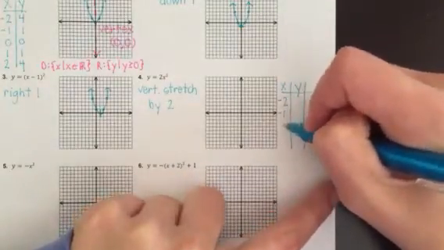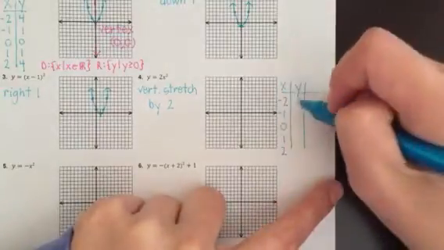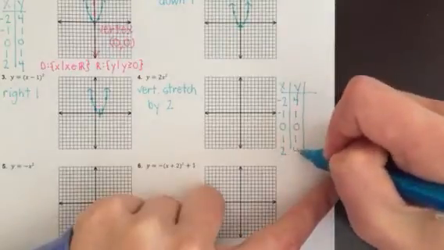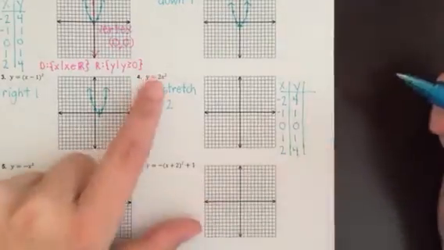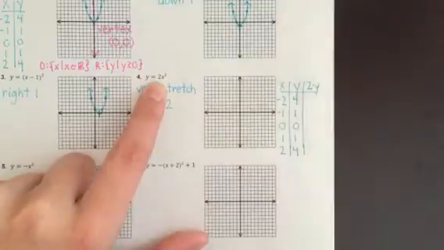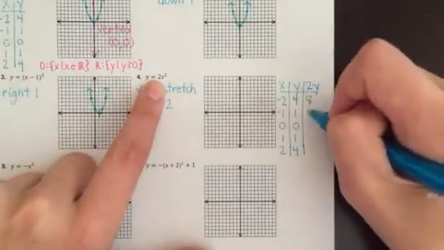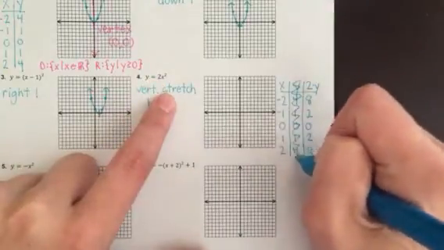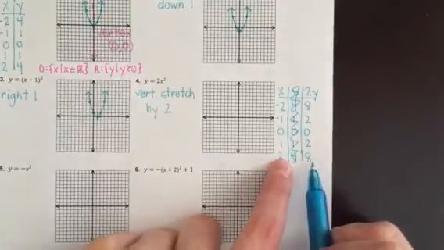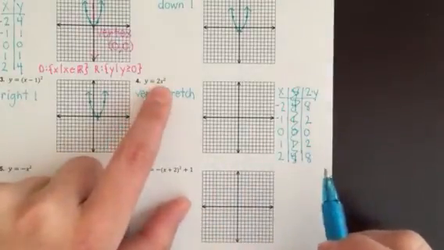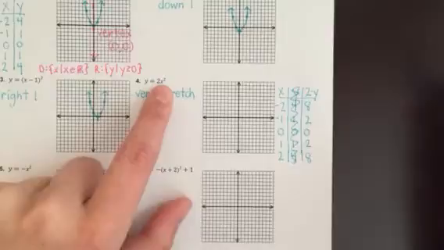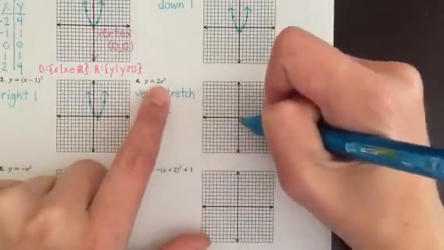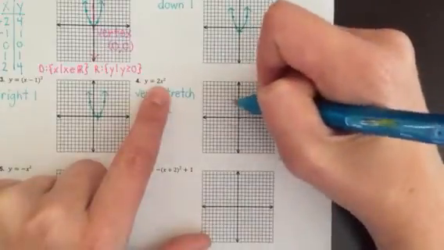So we know our original x values are as follows. Our original y values are as follows. And then what we need to do is take those y values and multiply them by 2. So that would be 8, 2, 0, 2, 8. So now I'm not going to plot the original y values, I'm going to plot my new ones. And this origin has not shifted at all because I don't have a plus or a minus inside or outside here. So my origin stays at the actual origin, and it's going to go -2, 8,